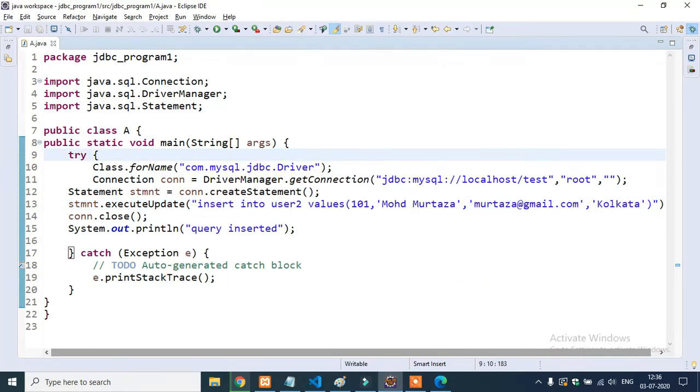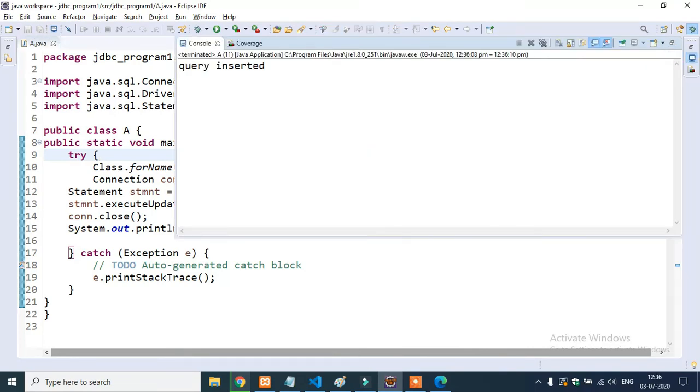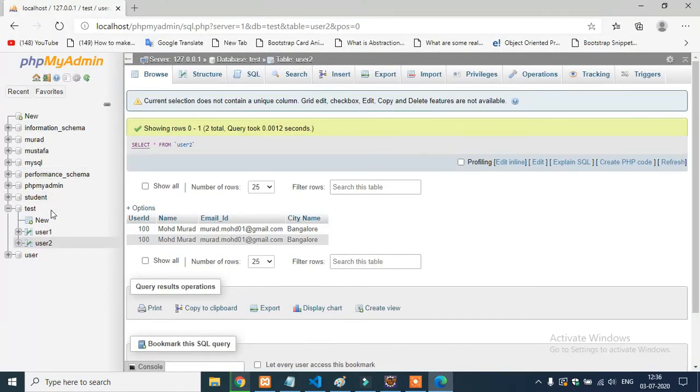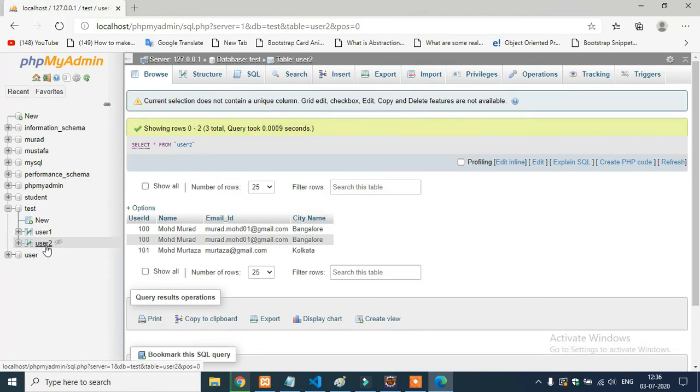Run as Java application, and see again query inserted, and let's go to phpMyAdmin, and click on user2, and you see this data guys: 101 user id, name Muhammad Murtaza, email id this one, and city name is Kolkata. Now the data got inserted guys.